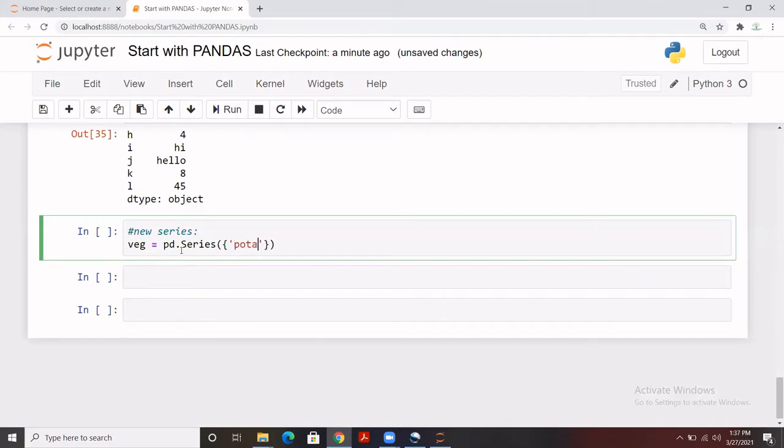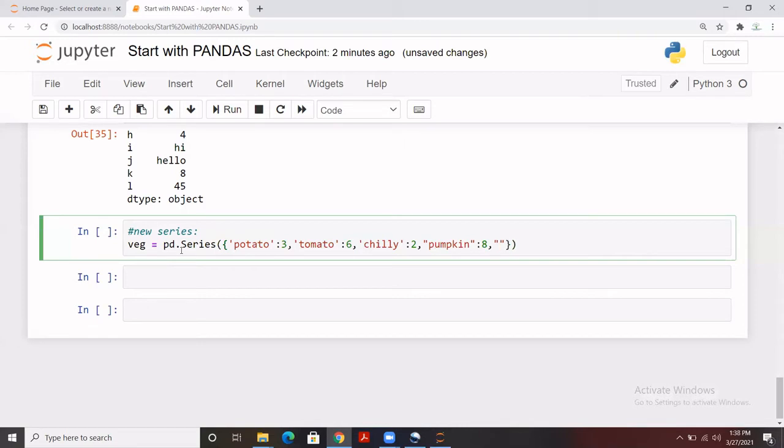So let's say I have potato, and I'm just giving some value to this, let's say 3, and then tomato, and the value is for example 6, chili, and the value is 2, and let's say pumpkin, and the value is for example 8. Let me create some more.